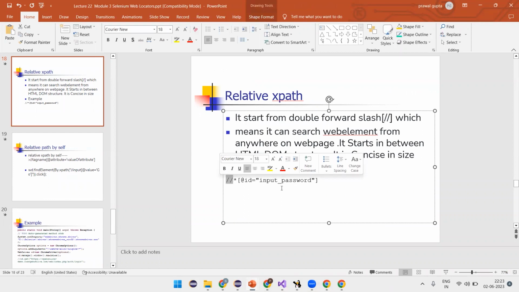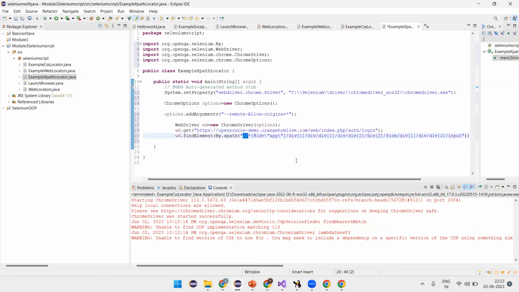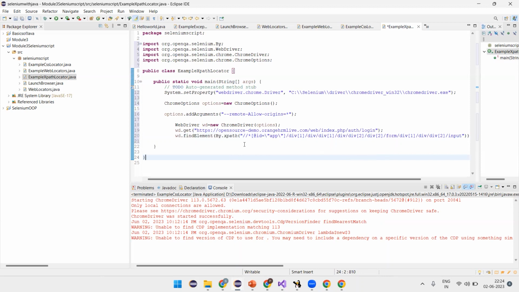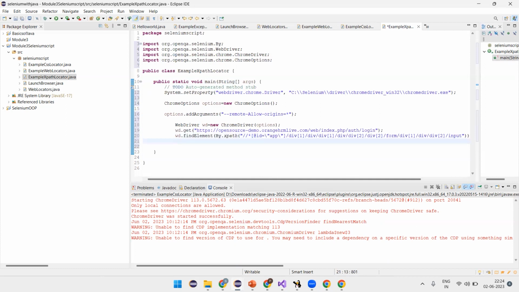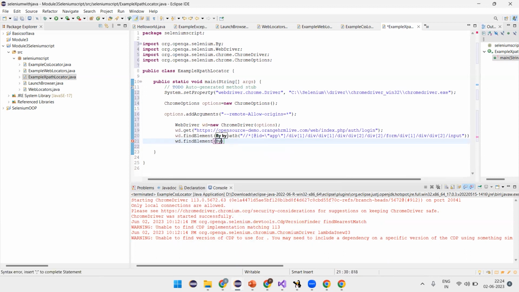ID equals to input password. So you can take this also and delete the other one. Means up to ID equals to, you can take up to here also. You can remove here. So this is your relative XPath. Similarly, we can do for absolute XPath. So how to copy absolute XPath? See, wd dot find element by dot